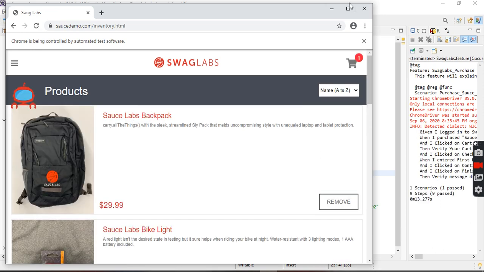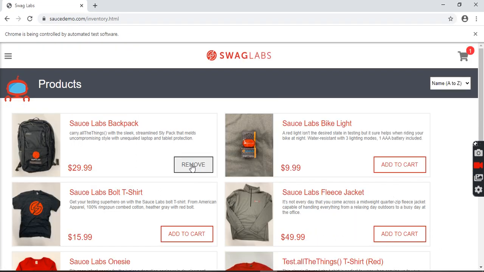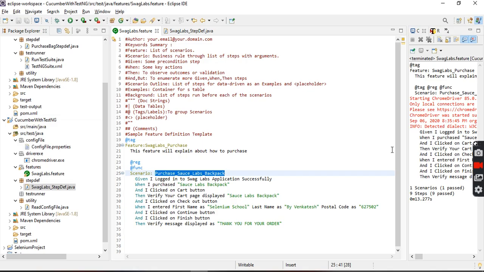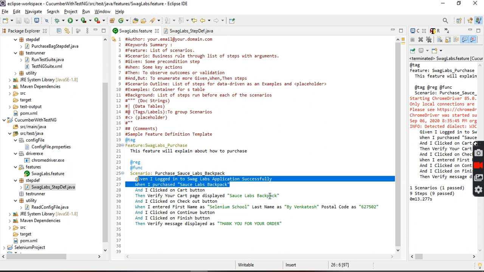See, it is clicked. That is what it is showing, the remove. If it is clicked, it will automatically show as a remove button. So now step 2 is pass.